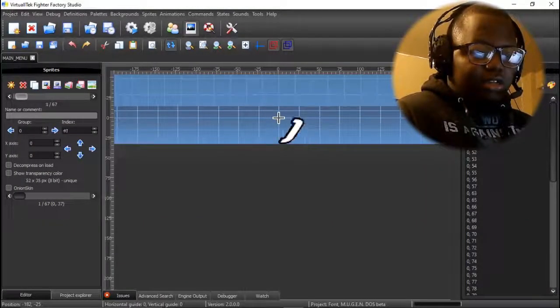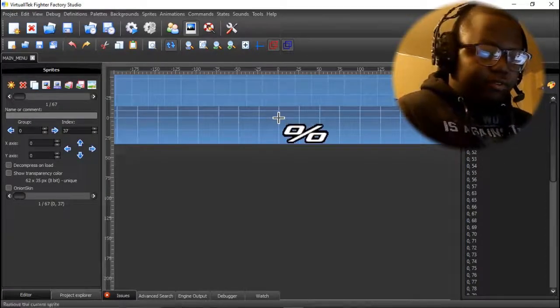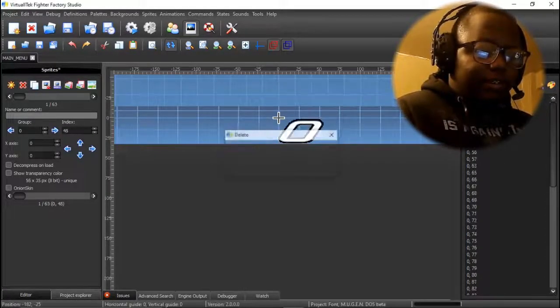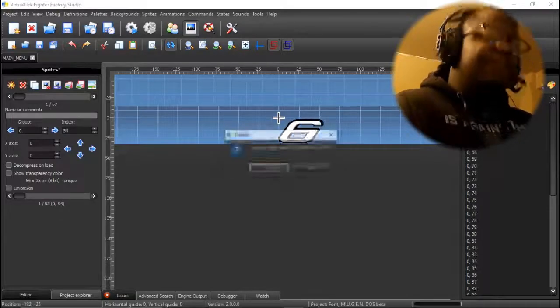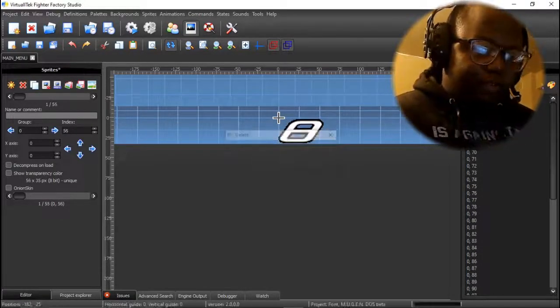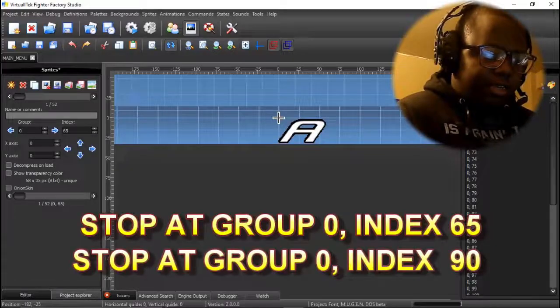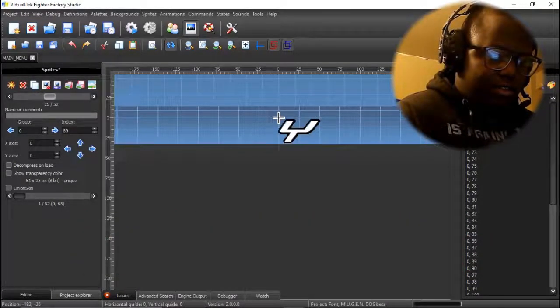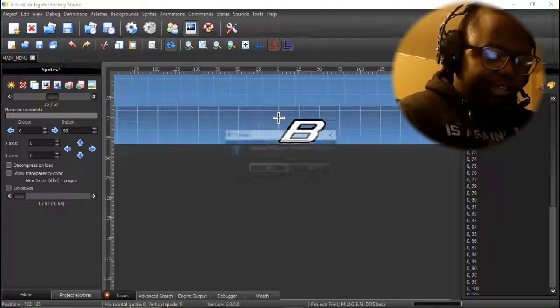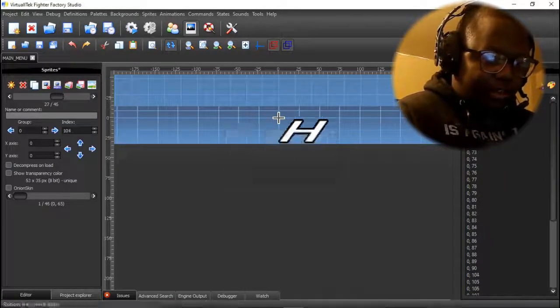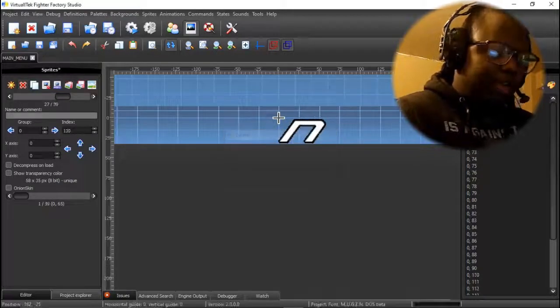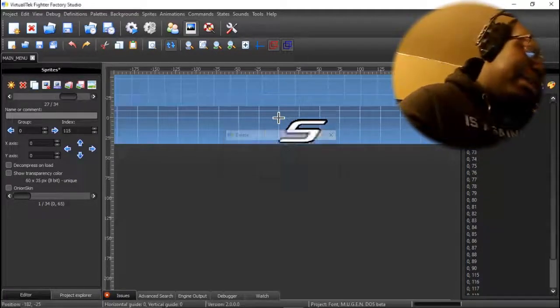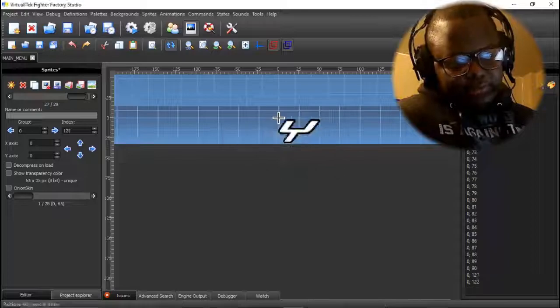Now you see all these different sprites. Now you're gonna get rid of 1, 2. Get rid of everything that's not starting with the first letter. Get rid of everything after you reach the first letter A. And then get rid of everything after you reach Z. Get rid of all of that. You don't need all that. You only can have a certain amount of menus anyway. So I'm just going through and show you the line of